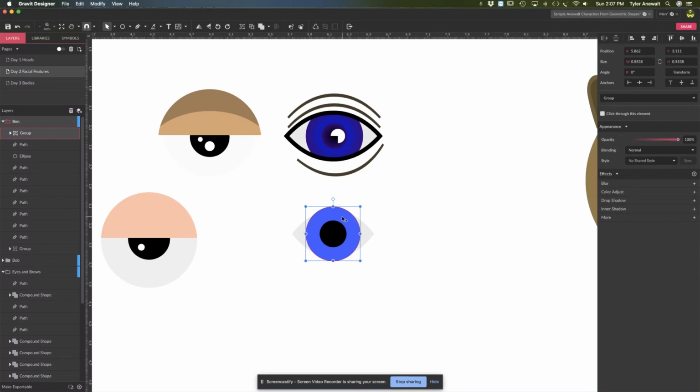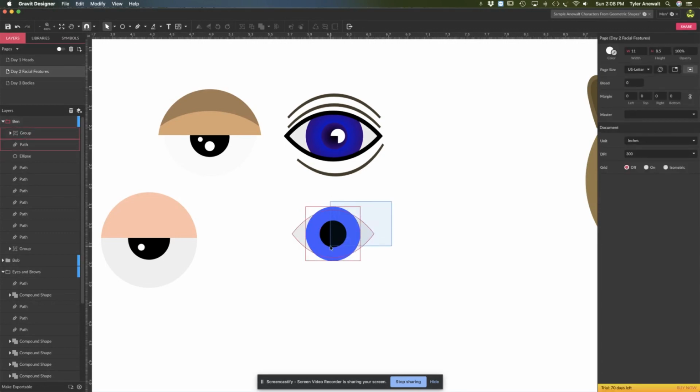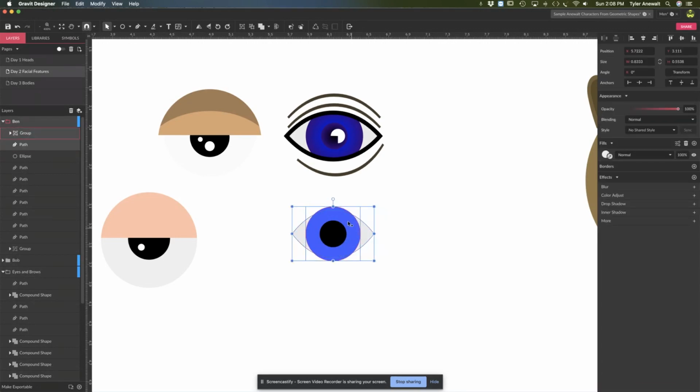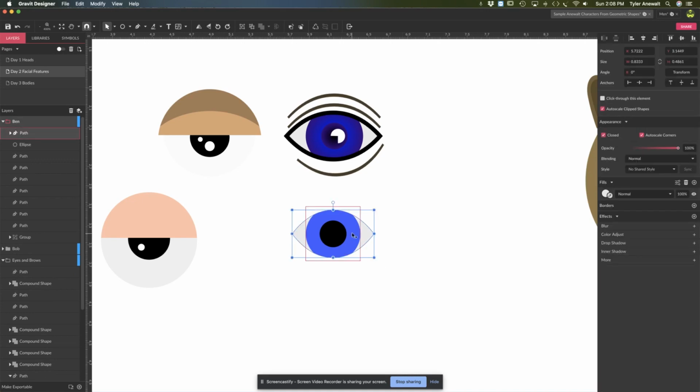So now with these two circles grouped, I'm going to clip them inside of the pointed oval that I made for the outline of the eye. I'm just going to select everything, both those shapes. The top one is the one that's going to get clipped into the bottom one. And there's this nice button for clip. It's right here with this circle and rectangle. Hit clip, and now the iris and the pupil, the two circles that we made, are clipped within the outline